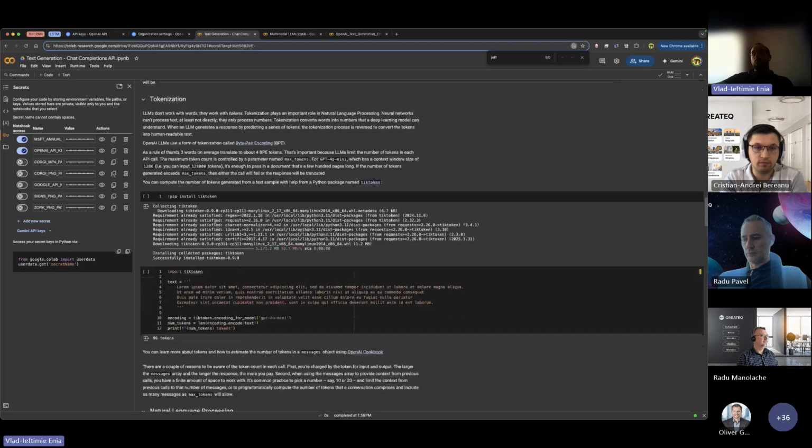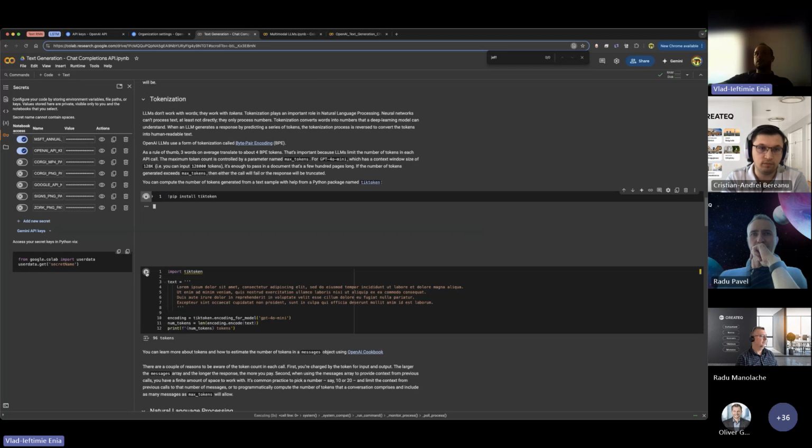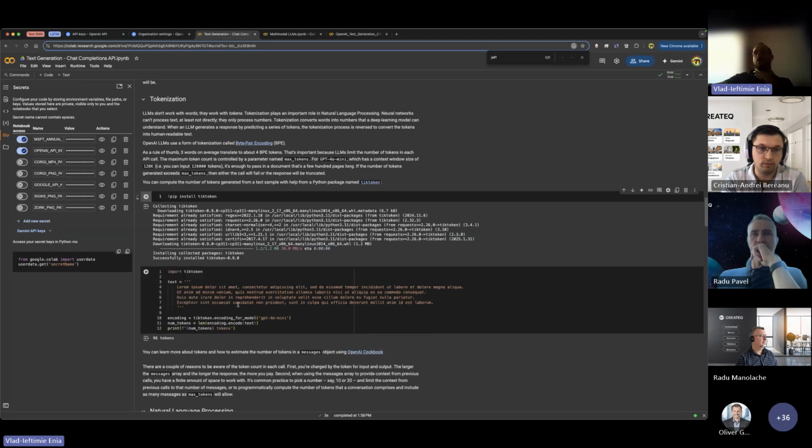Okay. Now, when you start keeping the history of the chat yourself, you add more and more tokens to your request, so it will cost more. You can use this package called tiktoken. It's from OpenAI. I will install it here very fast. And this tiktoken package can give you the number of tokens. You also specify the model that you intend to use the tokens for, and it will give you, not estimate, the exact number of tokens that the message you want to use translates to.